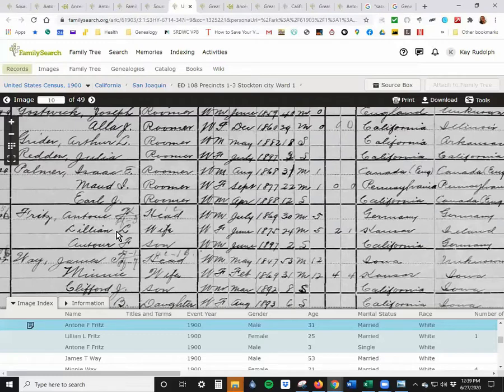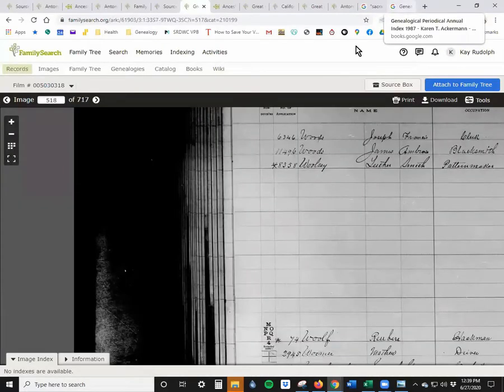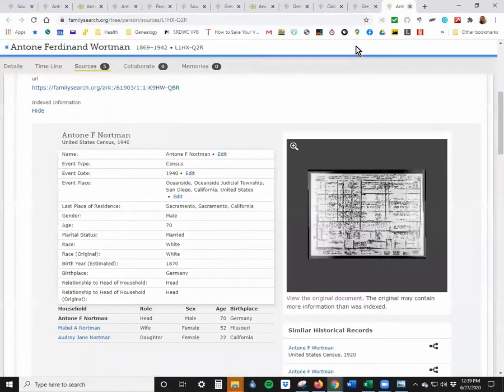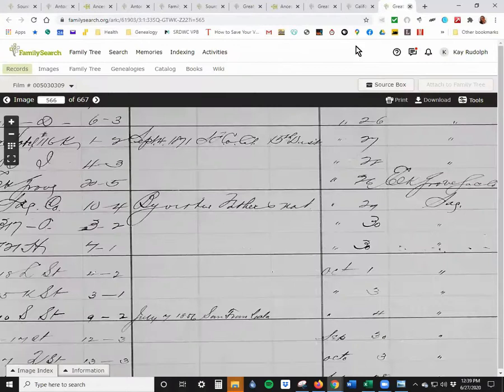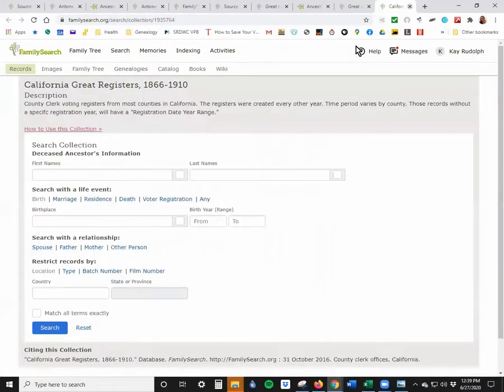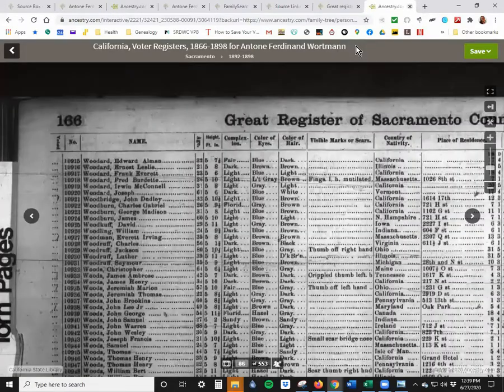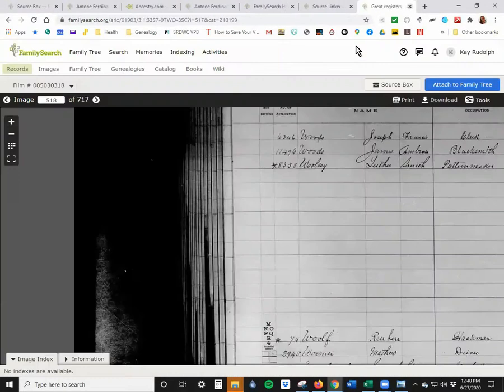Okay, so then at some point you say, I am really sick of looking for that 1900 census, and someday I will look for that precinct and do some research on how to find precincts. But let's clear out some of the stuff we've got and see if we can find him in that, because we've got about,